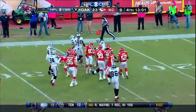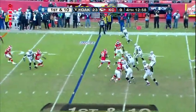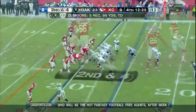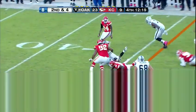O'Connell had a hand on him. Ordering barbecue anywhere in the world, right here in Kansas City. 1st and 10. All kinds of time to throw, and Denarius Moore finally plucks this out of the air. And the 180. What's that? 2nd down and 4. McFadden. He's blocked by